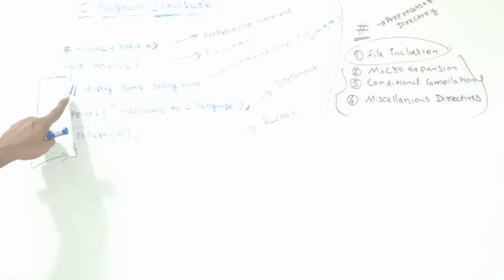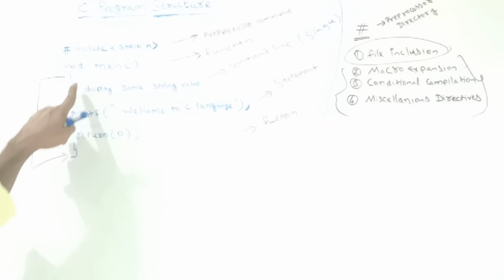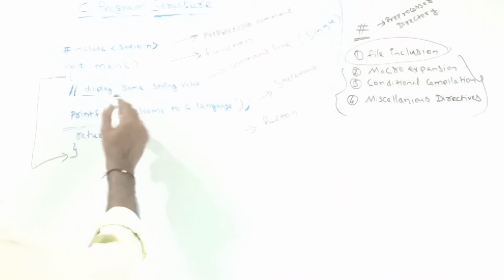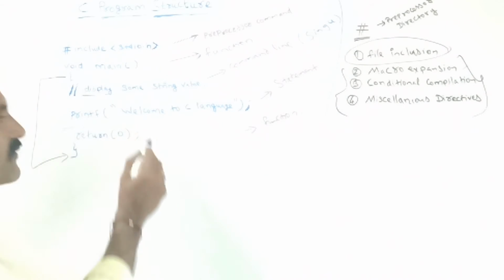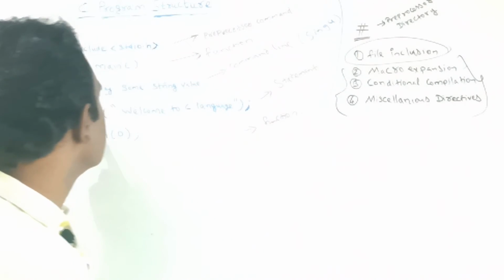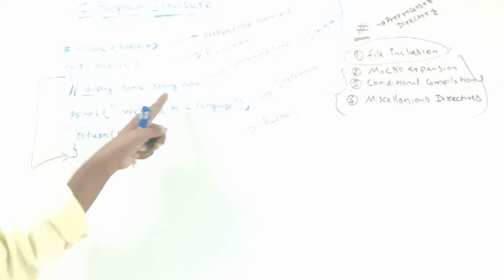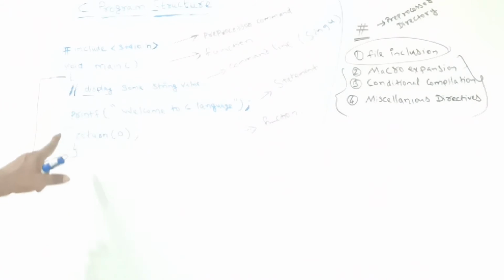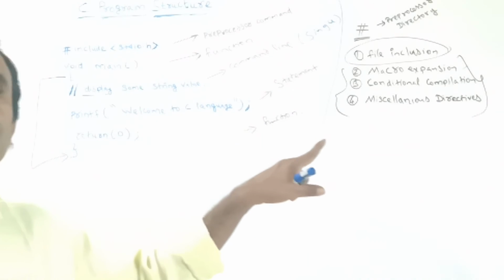See, next this one, the comment, is used for a single comment line to display some string, whatever we need, what we are going to do in the program. That kind of message we can give for our reference in the comment line, because it won't be executed during execution. The compiler will ignore this comment line, so we can give our reference using it. Here the printf statement, in this program I am telling it to print welcome to C language.